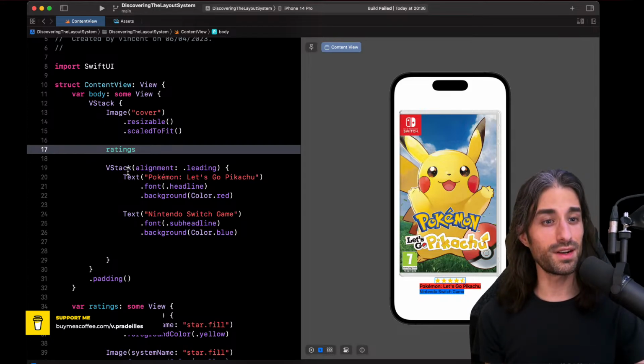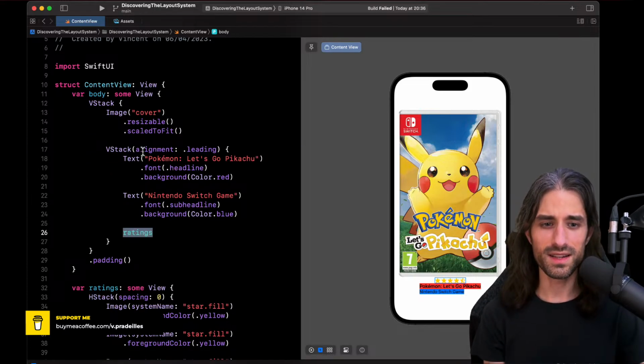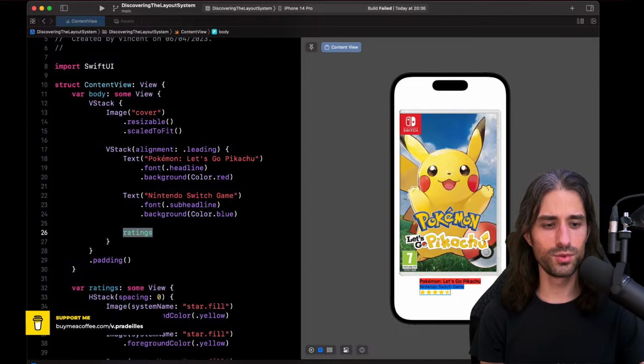It might not adapt like we want, so we might need to change a few things, but still it's much easier to move things around than if we had been using Auto Layout. Of course, there are cases in SwiftUI when you start to do complex things where it becomes less easy to move things around. Here, it's still a simple example, but you get the point I wanted to make. Let me put the ratings back to where it is.